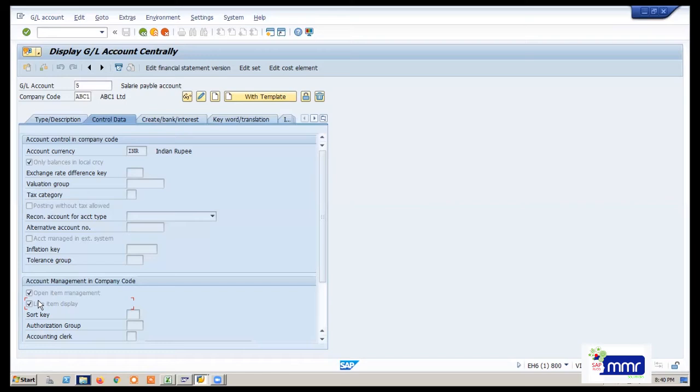Until that amount is deducted from your account, you can post it like this as an open item. Once that amount is released from your account, you have to clear the open item. One more thing here. We have created this outstanding as open item management. We have to do it because it will get closed with the bank transaction, right?